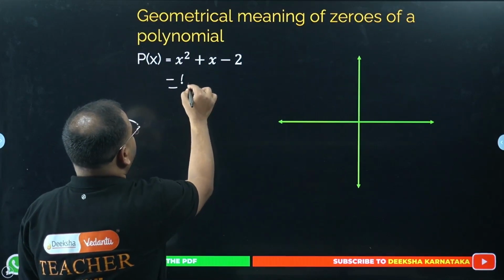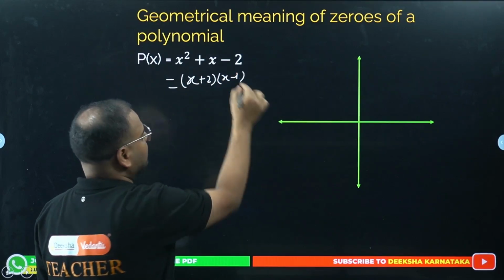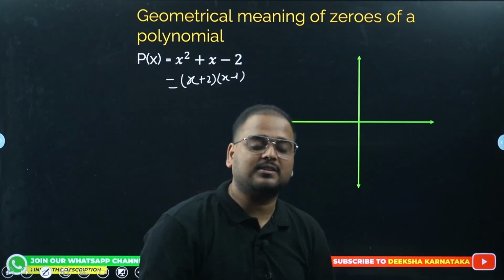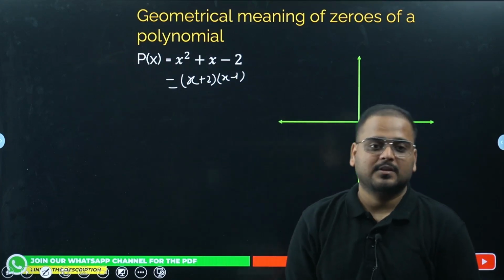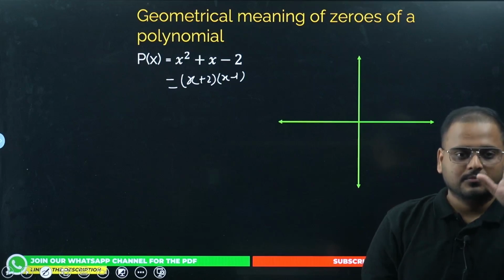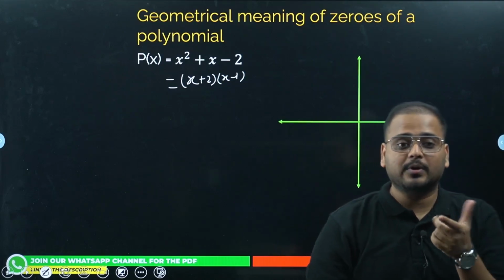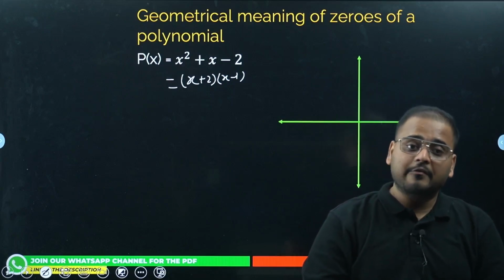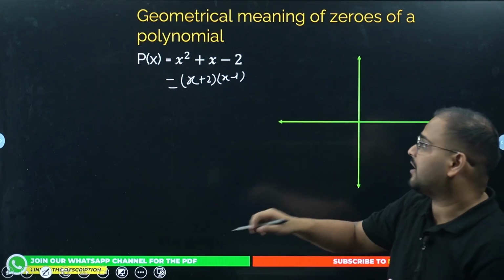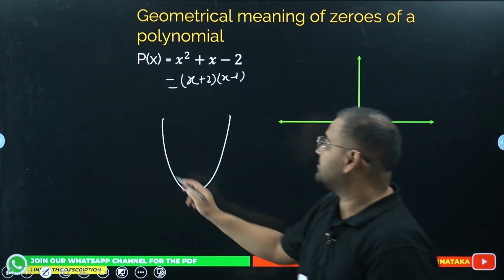Right? We just solved it: x plus 2 and x minus 1. When you plot this graph, one thing you should understand, which is important to know, is that for a quadratic polynomial, the graph is always a U-shaped graph. And this graph is called a